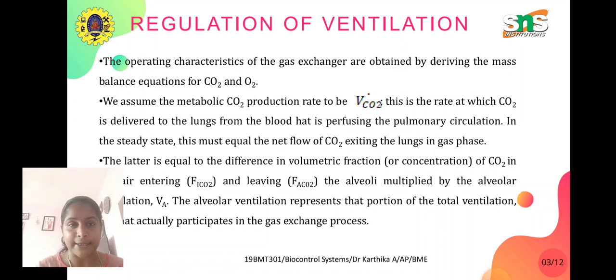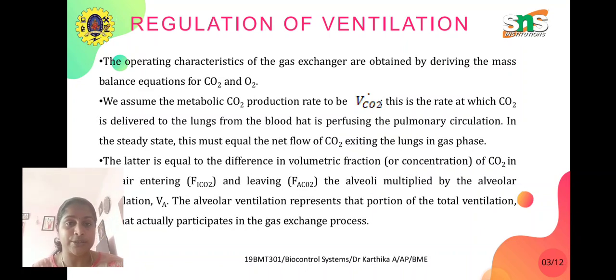In the steady state, this must equal the net flow of CO2 exiting the lungs in the gas phase. The latter is equal to the difference in volumetric fraction or concentration of CO2 in air entering, FiCO2, and leaving, FaCO2, the alveoli, multiplied by the